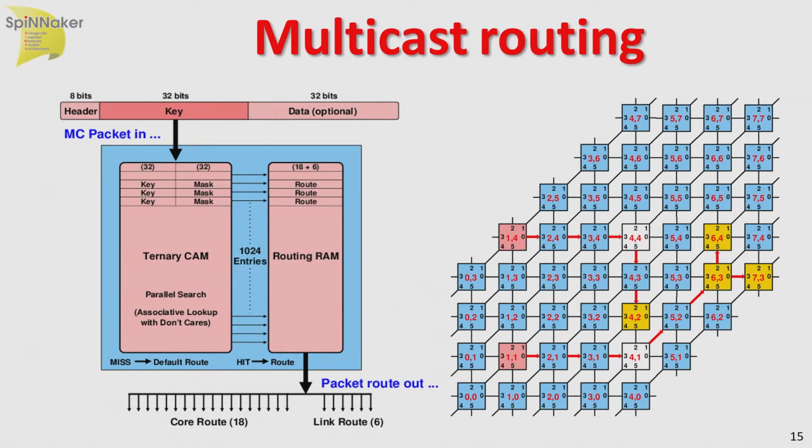A spike becomes a 40-bit packet, so these are very small packets. We're carrying very small amounts of data, but we're carrying very large numbers of packets with small amounts of data. And the packet on SpiNNaker has a 32-bit key, which defines the neuron that spiked. It has an 8-bit header, and there's an optional payload that typically is not used. And the way we route these is that those packets are presented to an associative memory, a ternary CAM, where the key is looked up, and if a match is found, then the bit vector is read out of a connected RAM,